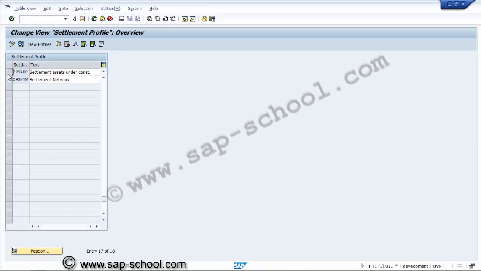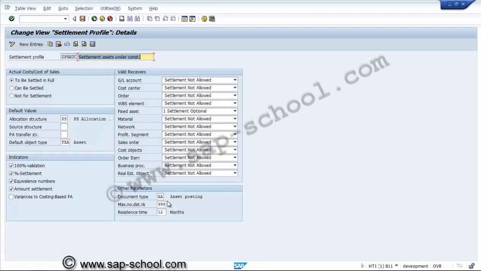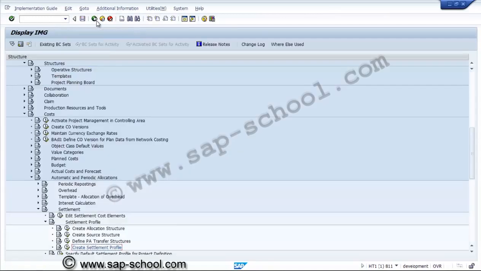In the AUC also, I think it should be GL number, and maximum distribution rules we can consider 100, and 12 months is okay, and fixed asset and PS, this will be okay. So this is one settlement profile. Now strategy we already created for the strategy, and the next profile will be,